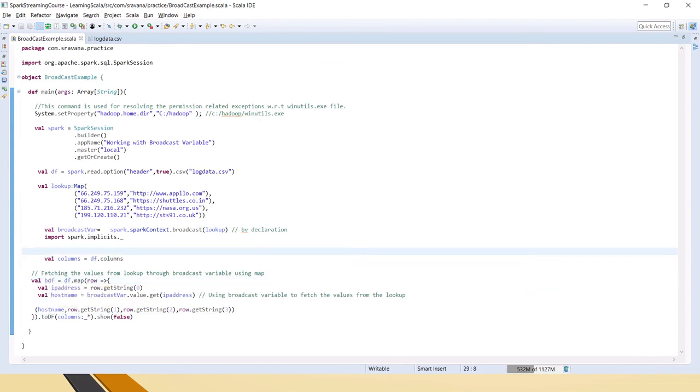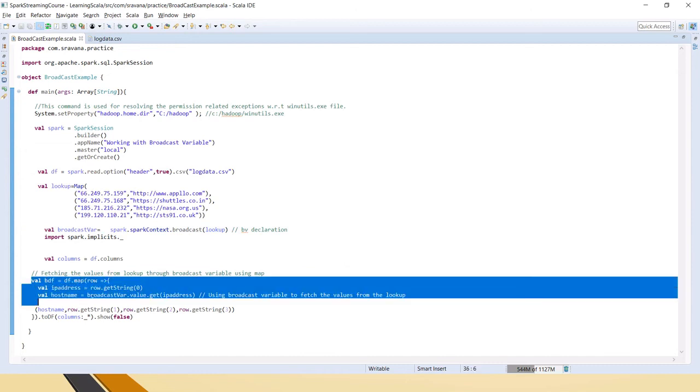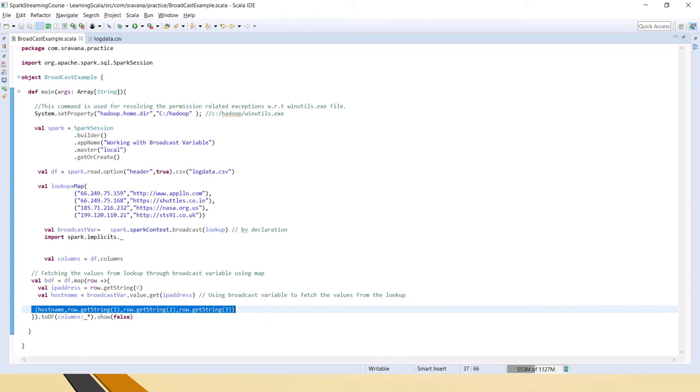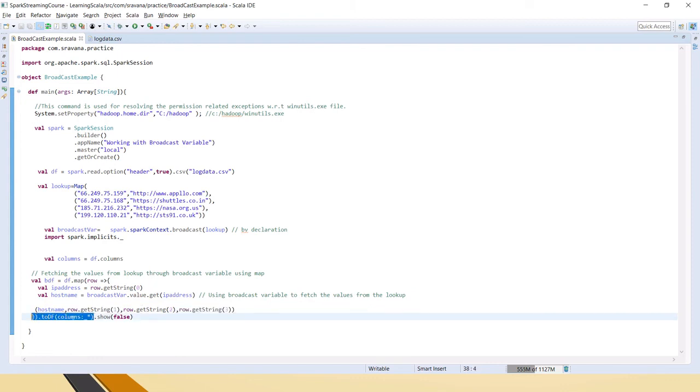So what we have done is, we have read a CSV file, created a lookup, created the broadcast variable, and for the IP address we have fetched this host name, created a map out of it, applied the header names to that, and we are displaying that data frame.